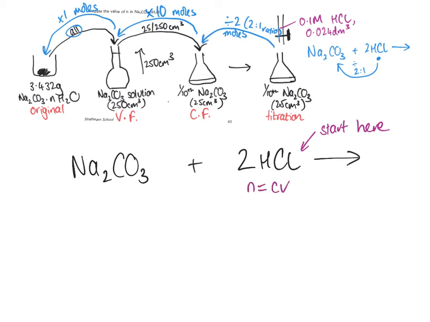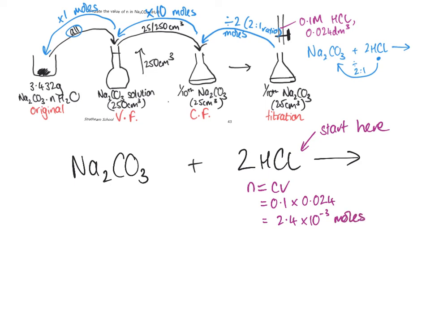So the first part of the question, if this was broken up, would quite often say how many moles of hydrochloric acid were used. So we're doing n equals CV, our concentration is 0.1, our volume is our average titre, which is 0.024 decimeters cubed. Remember, because our concentration is in moles per decimeter cubed, our volume must be in decimeters cubed. That gets you 2.4 times 10 to the minus 3 moles, or you can write it as